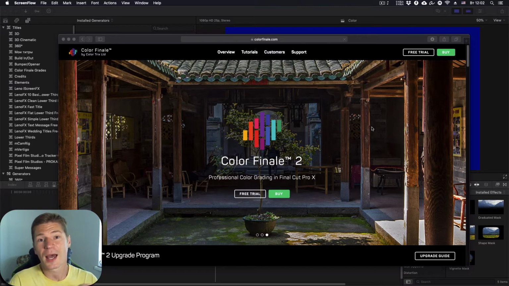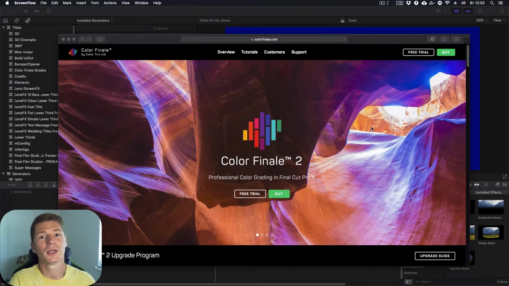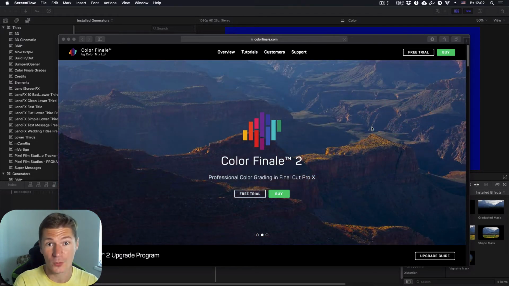And then I think at that time Color Finale lost its benefits. But then, some months ago, developers of Color Finale released the new version of this plugin, version 2,